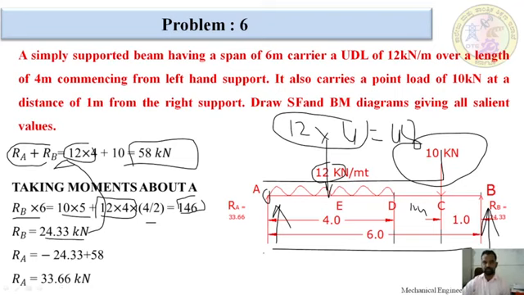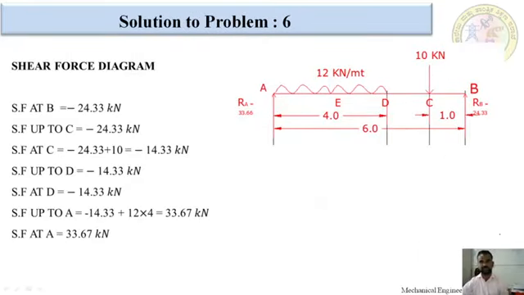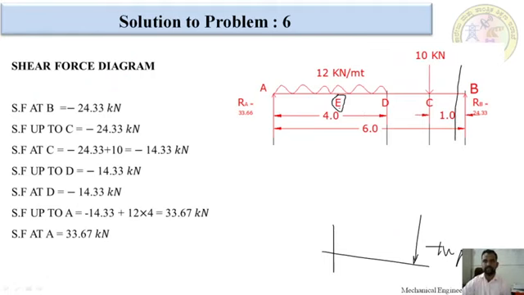Next we will move to shear force calculation. This is shear force calculation. RB value we got 24.33. In shear force calculation, from right to the section, upward force is taken as negative and downward force is taken as positive. Right, I am going to take a section over here. Every time I am not going to tell you A, B, C, D, how we are supposed to note down. This E point they have given because of maximum bending moment, crossing of negative to positive in the shear force diagram. Okay, I am going to take a section over here. This is only one upward force, that is negative force, because in shear force calculation upward force from right to the section is taken as negative and downward force is taken as positive. Okay, this is negative 24.33 kilonewton at B point.